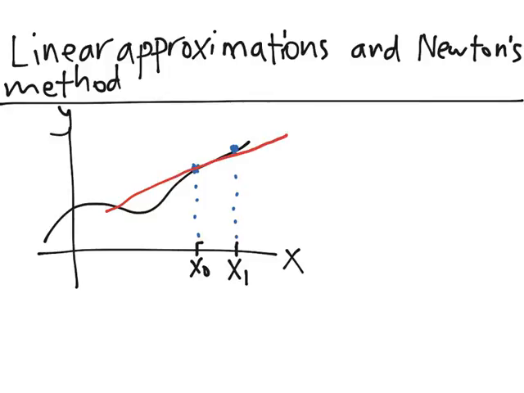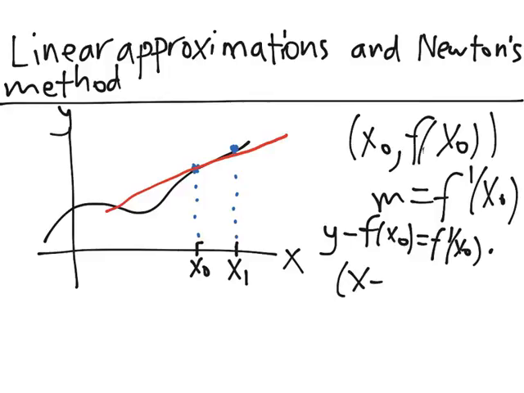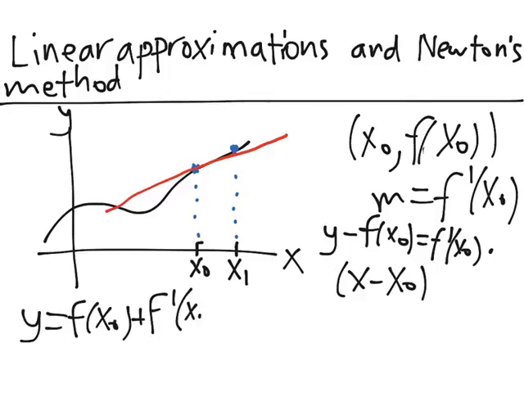Now we know that the slope of this tangent line is equal to the derivative of this function, let's call it f, at the point x0. So we can write out the line's equation using point slope form. So the point we have is x0 comma f of x0, and so the equation of our line will be y minus f of x0 is equal to f prime of x0 times x minus x0. Or we can write this as y equals f of x0 plus f prime of x0